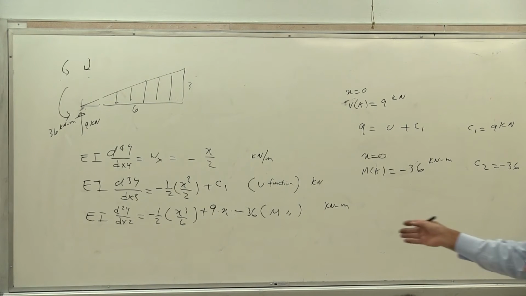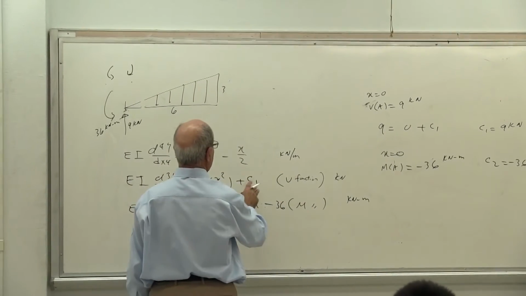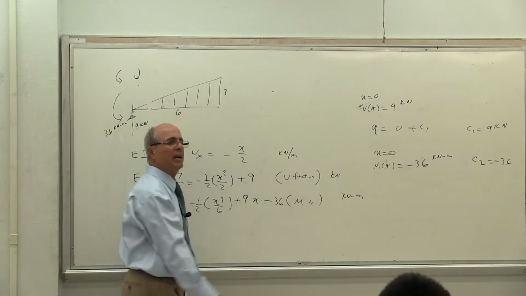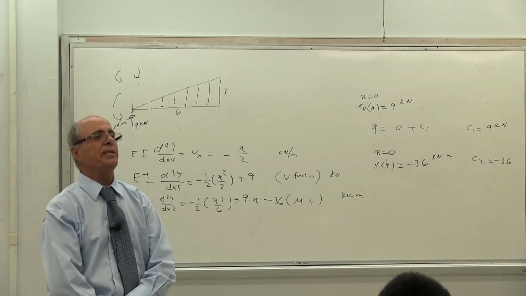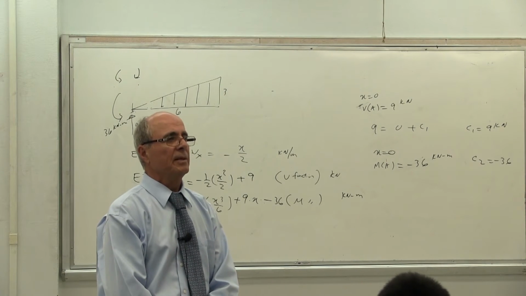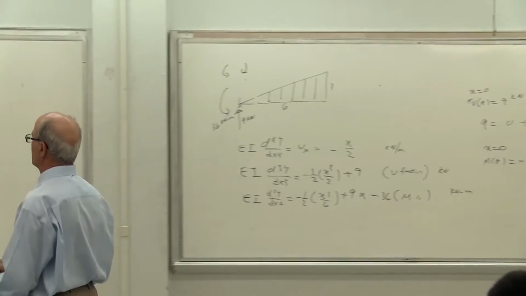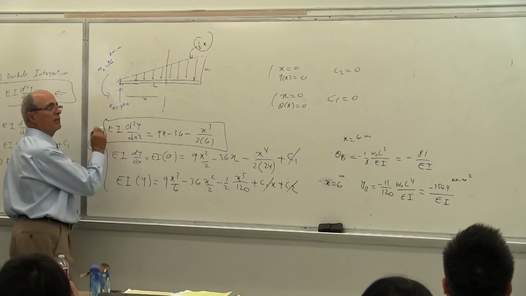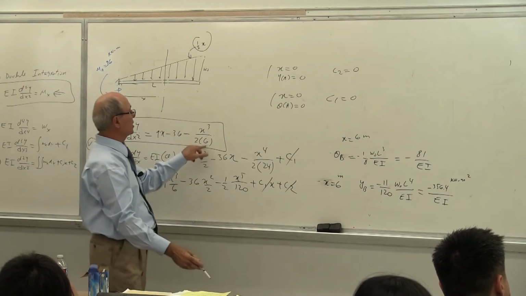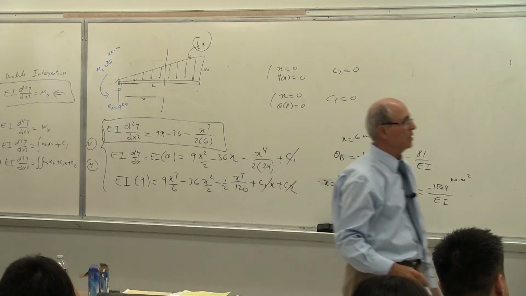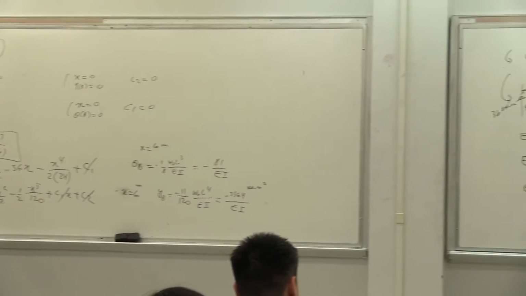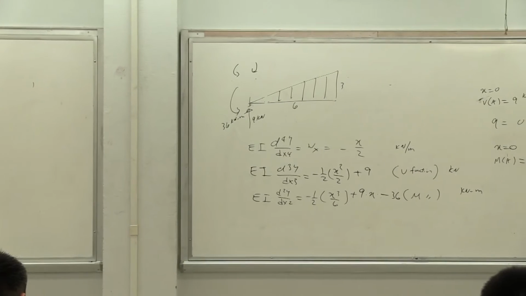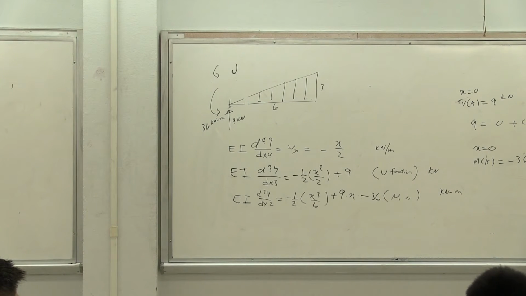But I went through this system. Look, I got my shear function. This is equal to 9. And this is my moment function by integration. Yes or no? Yes? The rest is the same, of course. Everybody see what I'm talking about, right? Look, that ends up exactly like that. Is that correct or not? Look at it. 9x minus 36 minus x cubed divided by 12. Yes or no? Okay, this is done. Everybody got it? I can see that some of you are a little bit unhappy about it. Why? Sign convention? You must know.